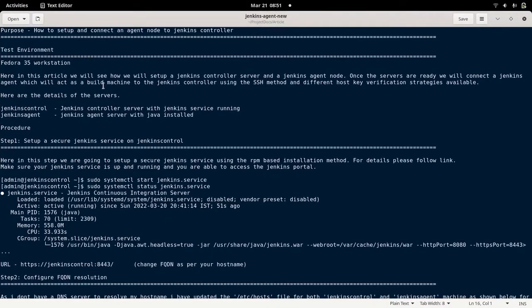Today we will be seeing how we can set up a Jenkins agent and attach it to a Jenkins controller. So what is the difference between Jenkins controller and Jenkins agent? Okay, so Jenkins controller is the primary server or the master server on which we install the Jenkins service, and